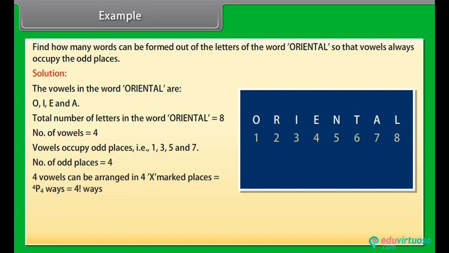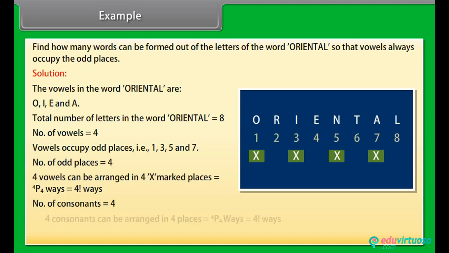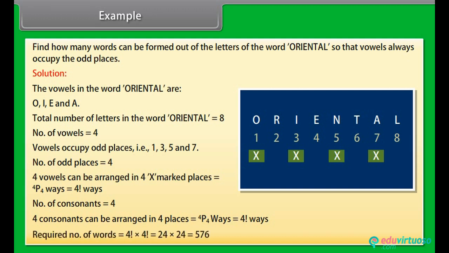4 vowels can be arranged in 4 X-marked places in 4P4 ways, which is equal to 4 factorial ways. Number of consonants is equal to 4. 4 consonants can be arranged in 4 places in 4P4 ways, which is equal to 4 factorial ways. Required number of words is equal to 4 factorial into 4 factorial is equal to 24 into 24 is equal